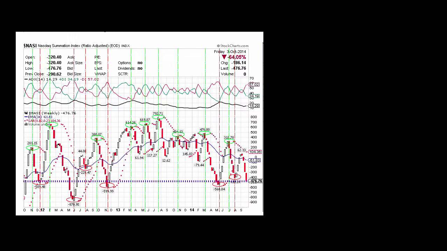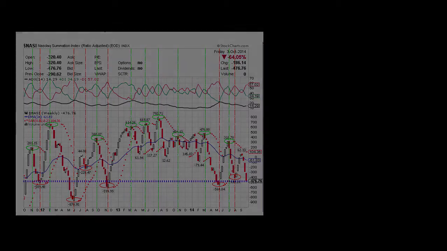The well-known market breadth indicator, the Nasdaq McClellan Summation Index, fell 186 points for the 8th decline in 18 weeks, at a negative 476.76 points. It continues below all 9 tops above plus 100, has fallen below the August 2014 bottom, continues below the July 2012 bottom, and continues above all 4 other bottoms below minus 100 in the last 35 months.